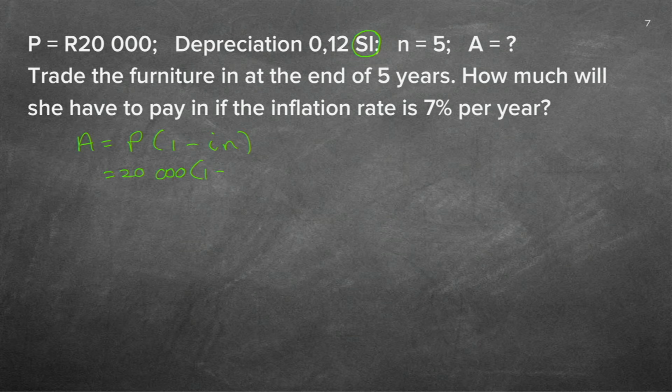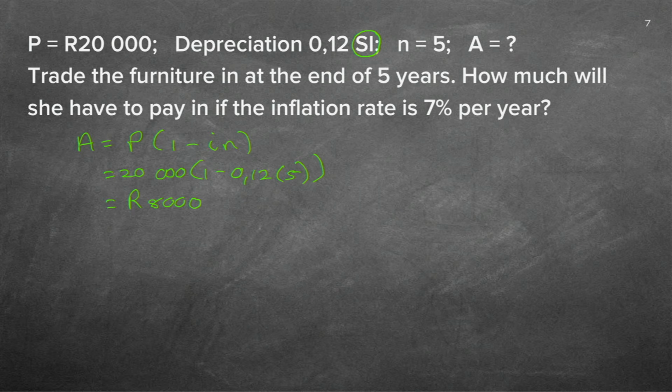20,000. 1 minus very high interest rate times 5 years. And I'm slotting all of that on my calculator. Can you see I left a little space between the 20 and the 1,000 because it's easier to slot into your calculator now. 20,000. Make sure that the right amount of zeros. 1 minus 0.12 times 5. Close your bracket. Equals 8,000.